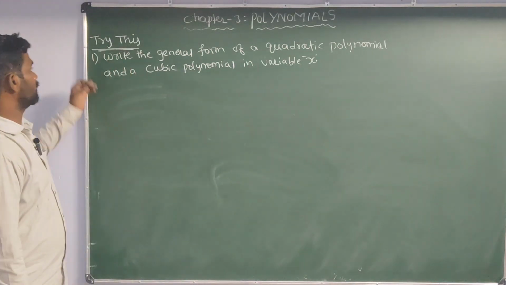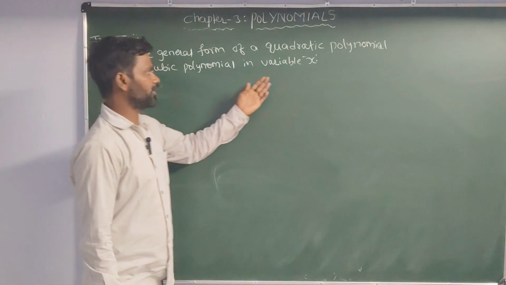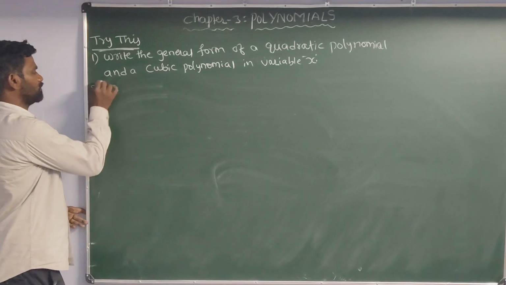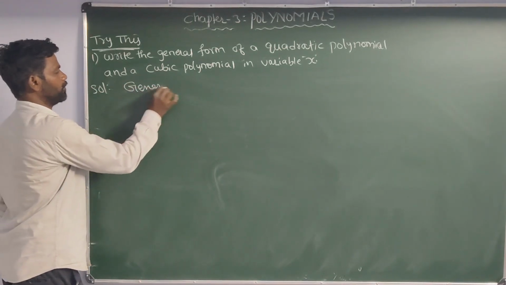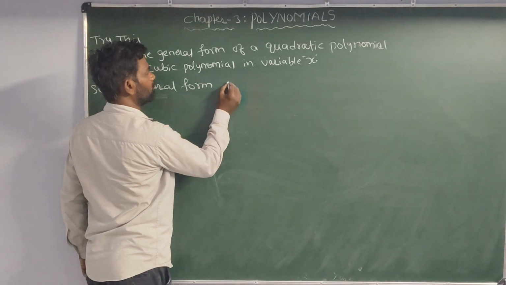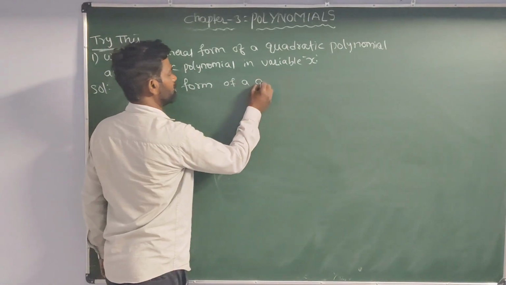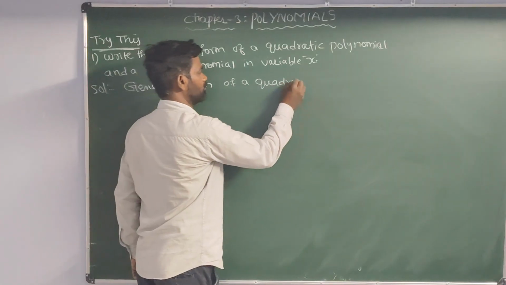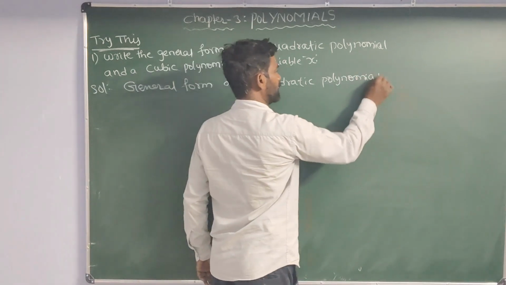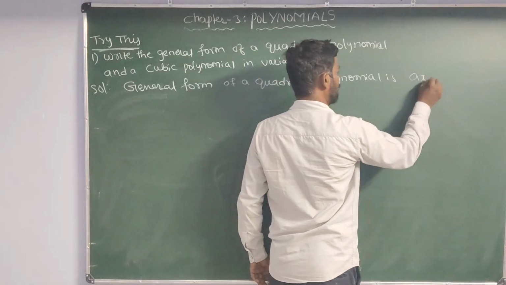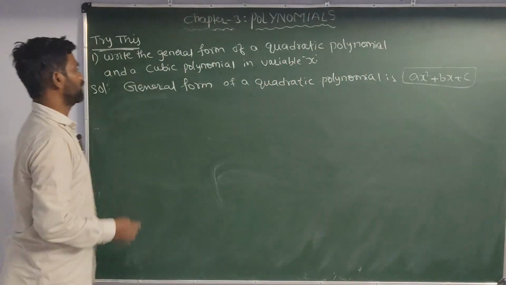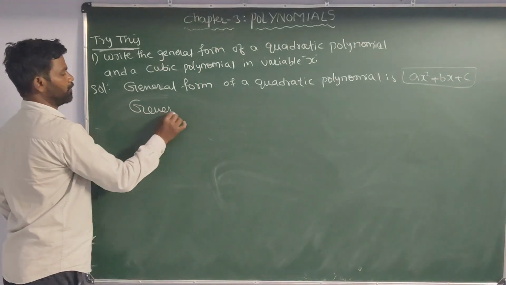Next question, students. Try this question. Write the general form of a quadratic polynomial and a cubic polynomial in variable x. So what is our solution? General form of a quadratic polynomial is ax square plus bx plus c. So this is the general form of a quadratic polynomial, and the general form of a cubic polynomial